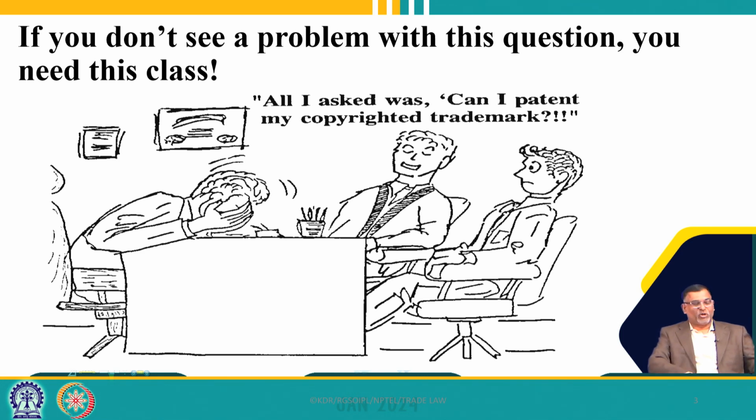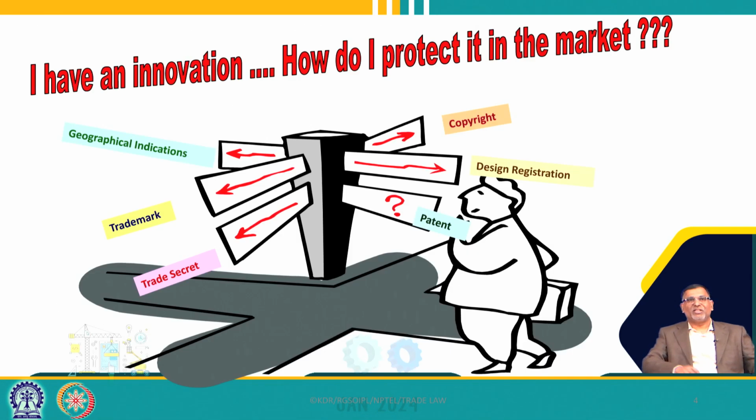So, you have to understand more about intellectual property and different categories of intellectual property. Then you will see where I should go. So, I have an innovation, what type of protection should I adopt, whether I will go for copyright registration or patent registration or trademark registration. This confusion always exists for the inventor or the innovator. So, we must know the criteria to fix all these categories of intellectual property law separately.